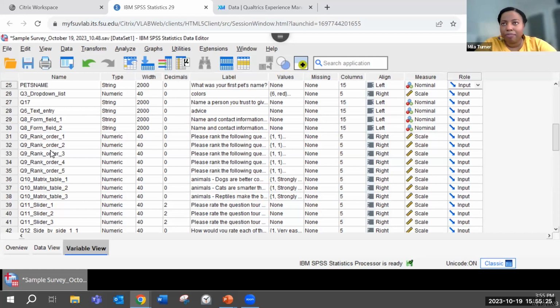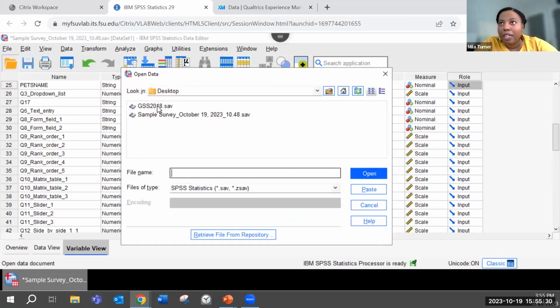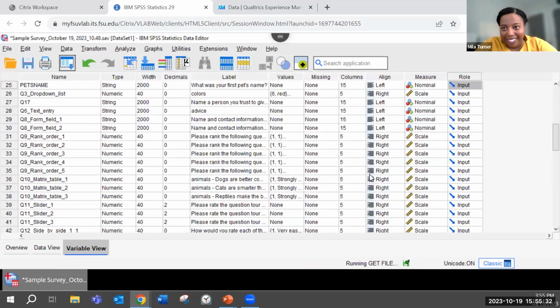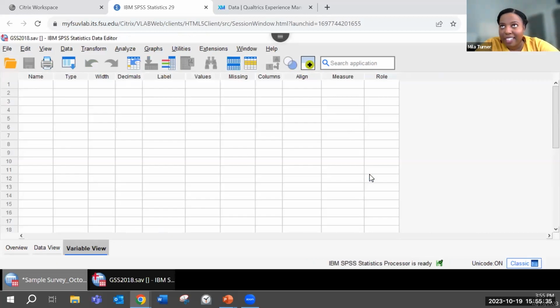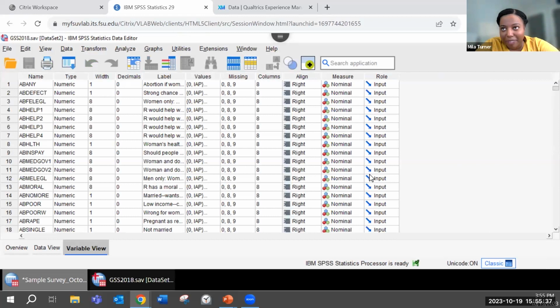Or if I wanted to, I think I need to open another data set. I want to open the clean, pretty data from the General Social Survey. I showed you the ugly data, now the nice, clean data set. So I just opened this General Social Survey. They've been doing this survey since the 1970s. And so it's really a longitudinal survey, but I only downloaded 1 year, so 2018. So we're not going to be doing the longitudinal analysis or anything like that, but just to kind of give